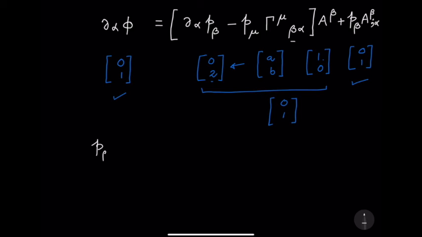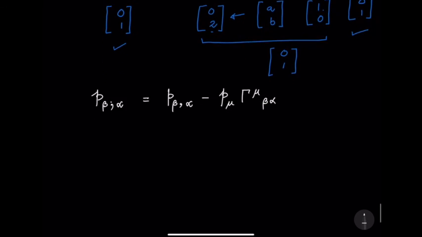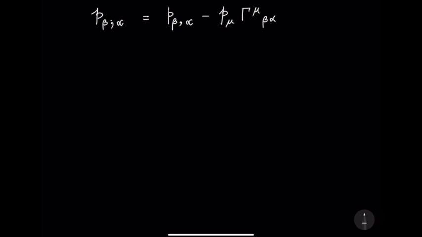How will I write it? I'll write it as P beta semicolon alpha. This I define as P beta comma alpha, which is the normal derivative, now a minus sign with P mu gamma mu beta alpha. So let me just for contrast write for the vector here, plus